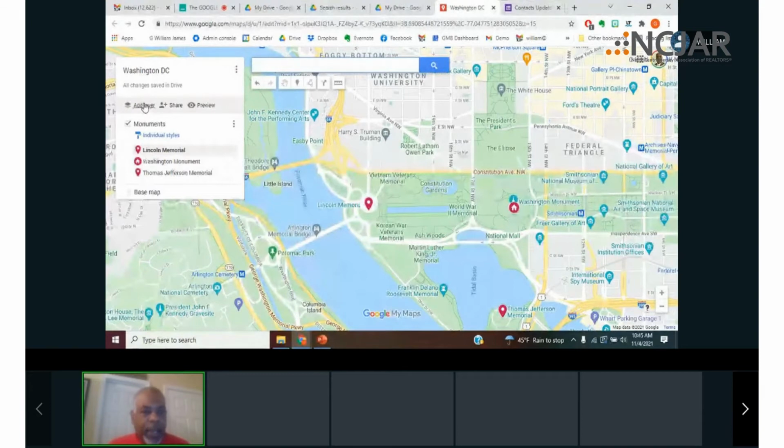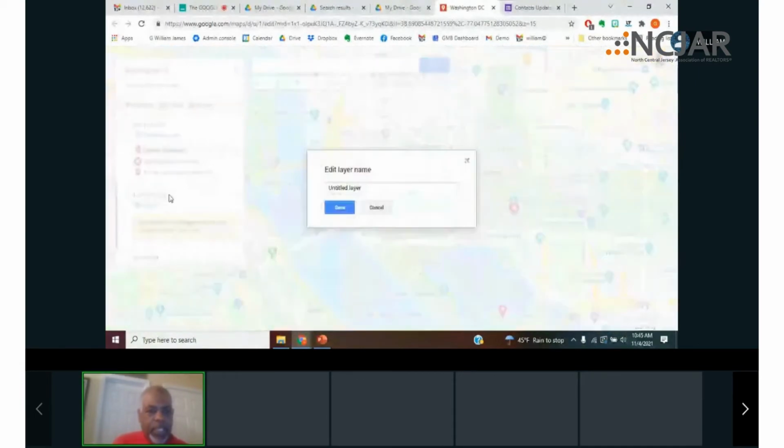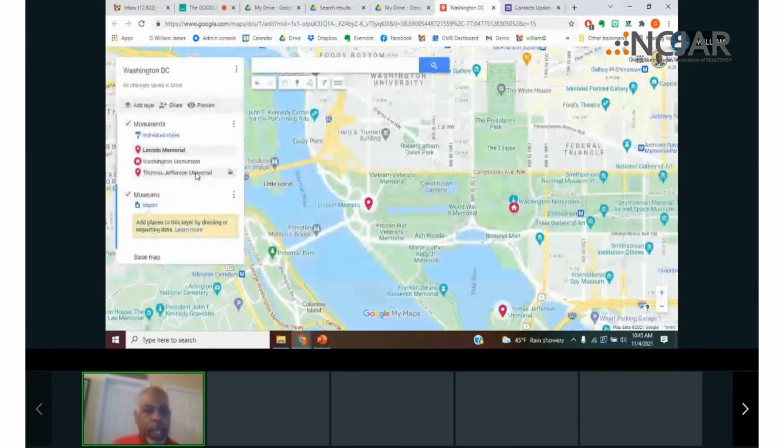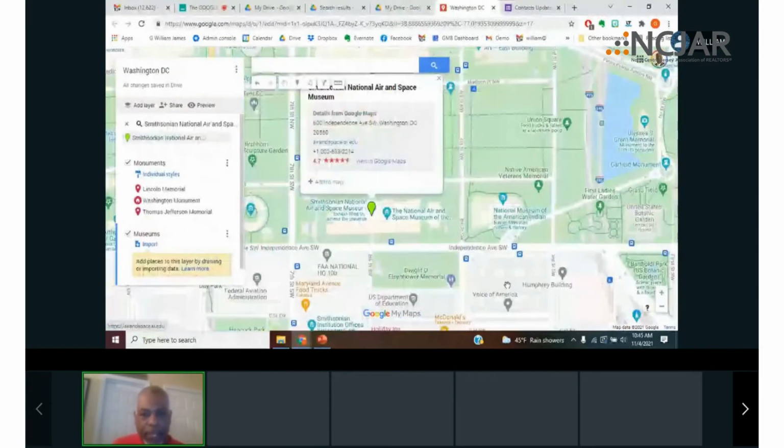Now I'm going to add a layer, and I'm going to say the next layer is museums. So I'm going to change the name of this one and call it the museums. You see, there is a little learning curve to it, but at the same time, it's really kind of simple, okay? Especially if you know where you're going. So I'm going to say the first museum we're going to go to is the Smithsonian, National Air and Space Museum. All right. And we're going to add that one to the map,